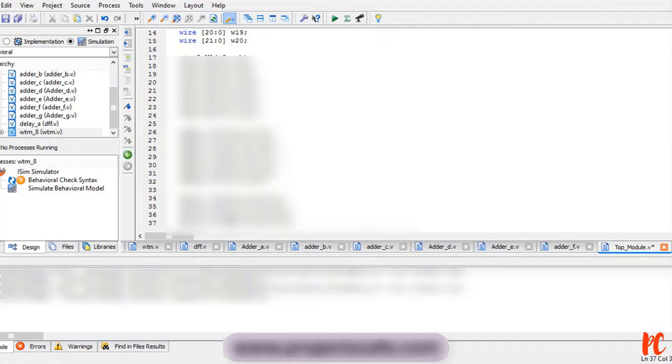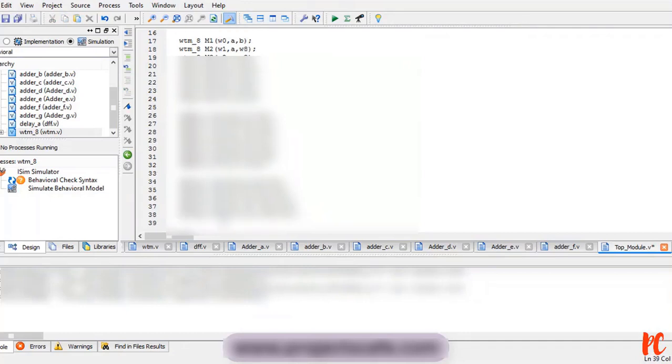Similarly for the fourth delay, D4, this will be W11 followed by W10, clock and clear. For the fifth delay, D5, this will be W12 followed by W11, clock and clear.